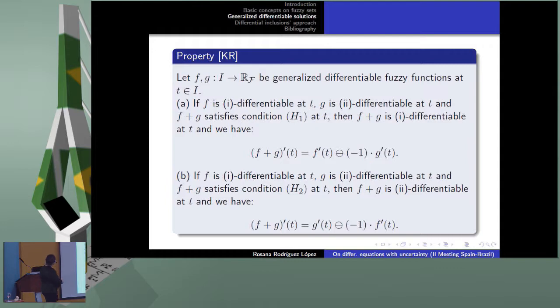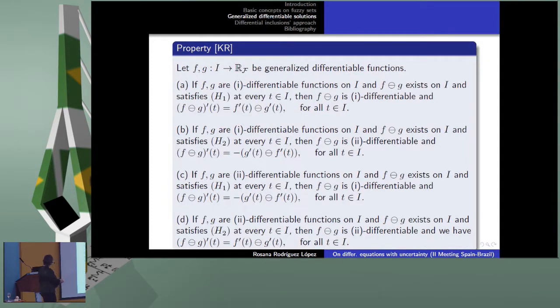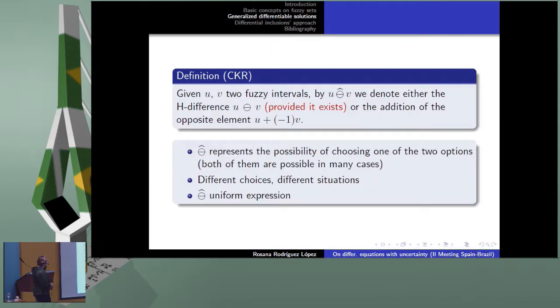So you have to distinguish a lot of cases. For the case of the H difference, the variability of the expressions is big when the type of differentiability of each term changes. Additional restrictions have to be imposed. So using this type of properties is not really helpful to obtain useful solutions to very simple problems. Just to show you the type of the expression of the solution, the general solution of these linear problems which are not equivalent that I showed you before.